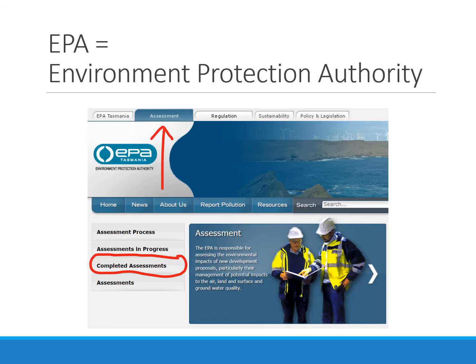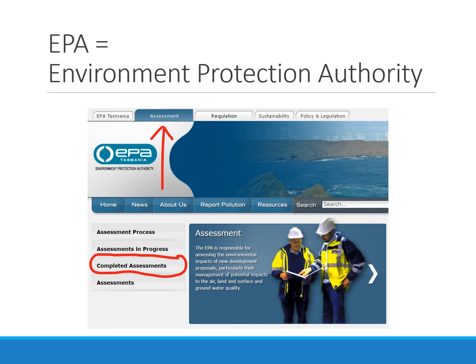The EPA, as I said, is important because they get involved in larger, more complicated developments where you have people who are expert at project managing what should be assessed and managing all of those reports and making recommendations, and the council has to abide by any decisions that the EPA make about development. So I've got a screenshot here from the EPA webpage.